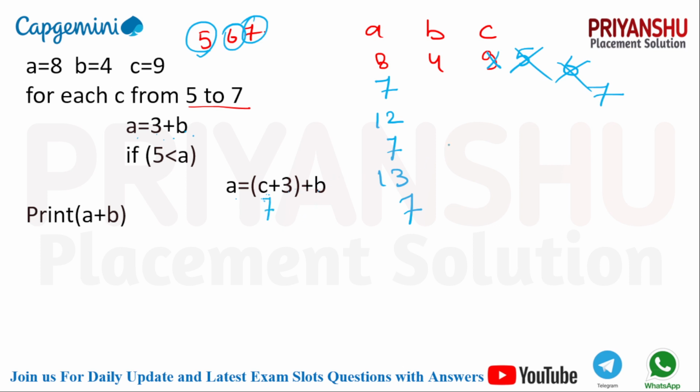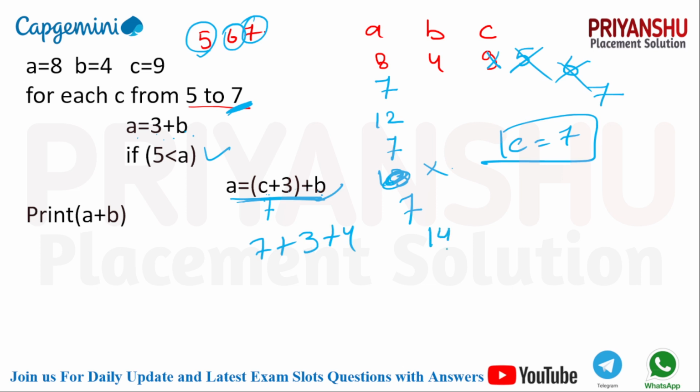Okay, and here I think I am adding 4, here it is not 4, I think 6 is there. No problem, it will not cause any issue, because this statement is always true and we need only the last statement's value, because as you can see, a is not changed and b is not changed anywhere. So if you want, you can directly solve this equation for c equal to 7, no problem. Clear? You can do it directly. So now c equal to 7 is there, guys, 7 plus 3 plus 4, it means 14 is your answer for a. The value of a is 14. Now 14 plus b, which is 4, it means 18 is your answer.